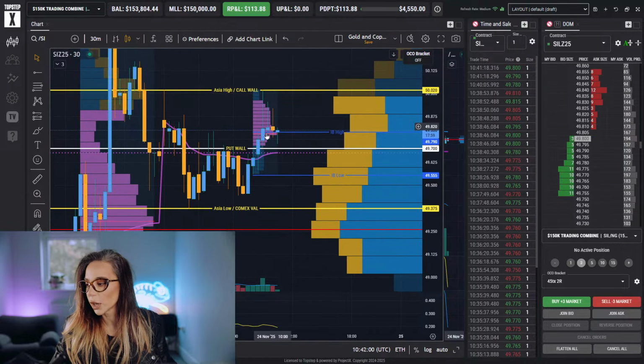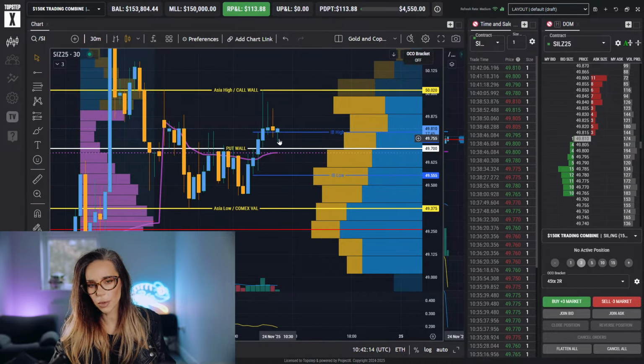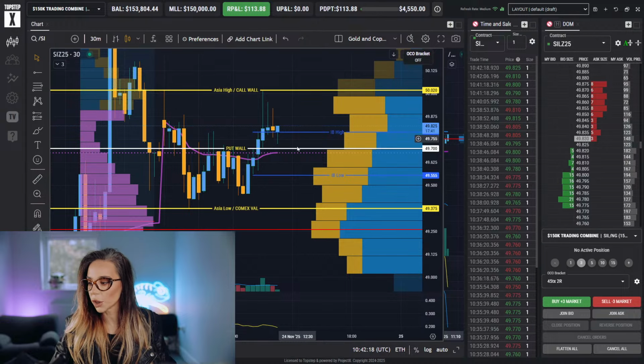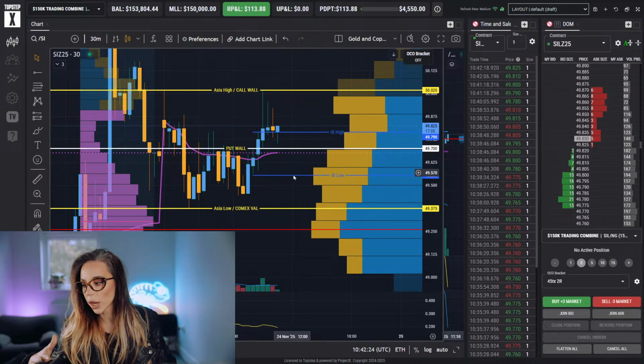But when it comes to the initial balance, let's just remove this for a second. What could happen? Well, we can fail the auction, which we haven't done yet. We've been dancing on the initial balance high. A failed auction would be if we close one 30-minute time frame inside confidently with no buying wicks into the former initial balance range, which is the first hour of trading. And then the expectation is that we rotate all the way to the initial balance low.